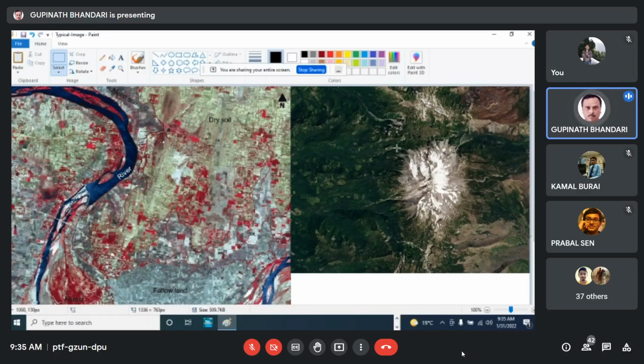So this is true color composite, TCC, and this is FCC, false color composite. One is false, another is true. There is a difference only, but by name, one is true, another is false. But we normally use this false color composite for our study purpose, for our research purpose, for our application purpose,